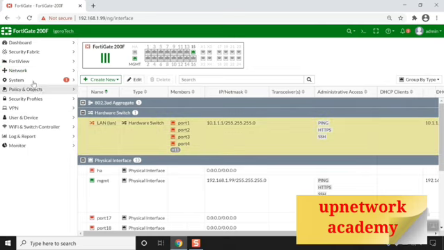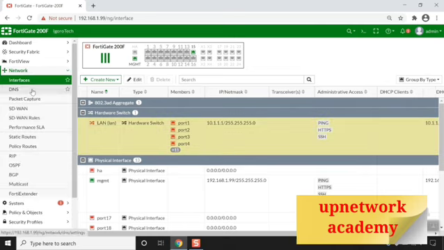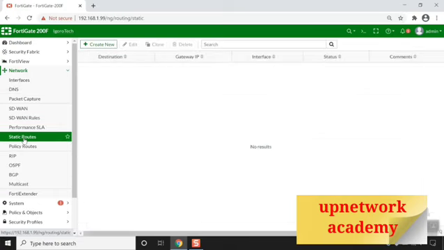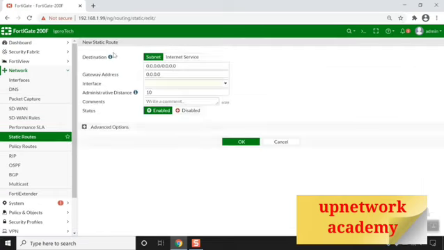Let's now configure the static route. Go to Network and select Static Route. We need to create a new route to allow the FortiGate to reach the Internet. Choose Subnet and leave it at all zeros. All zeros means you can access anything or all. Set the gateway IP to the IP provided by your ISP. In my case, it's the ISP router